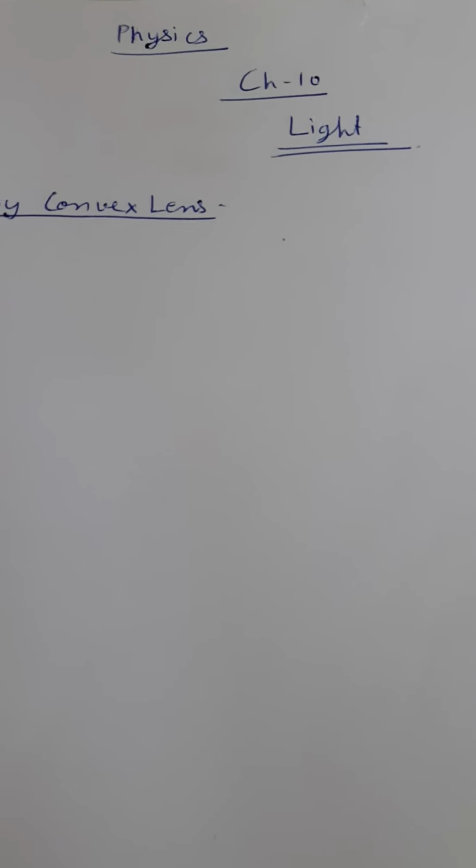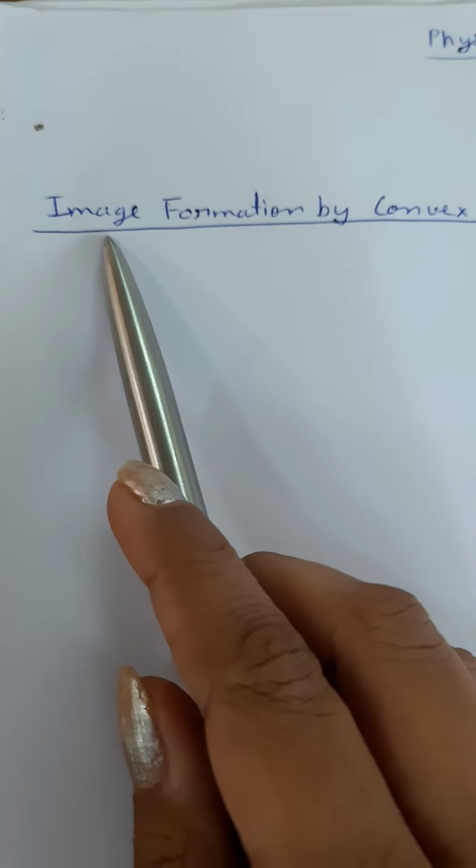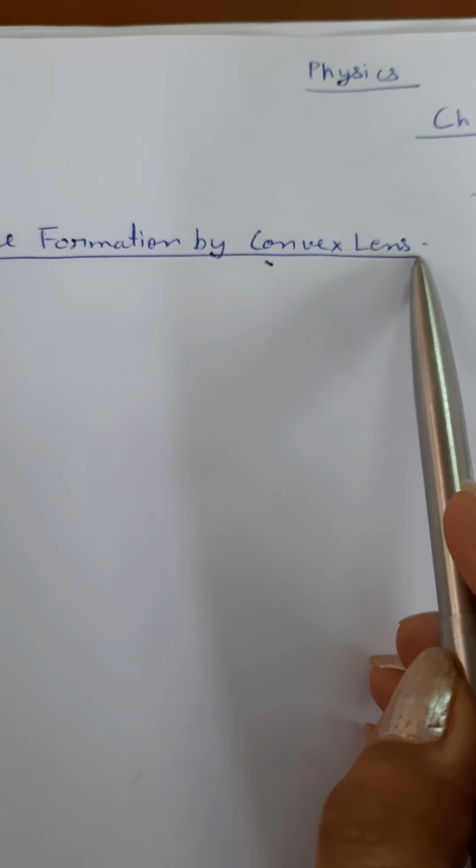I hope you all have seen the video which I have sent you earlier related to the lenses. There we have discussed the introduction of lenses and what the rules are when we are talking about image formation by lenses. So today we will see how we are going to apply these rules. We will start with image formation by a convex lens. We will form the image, how the image is going to be formed with the help of a convex lens.